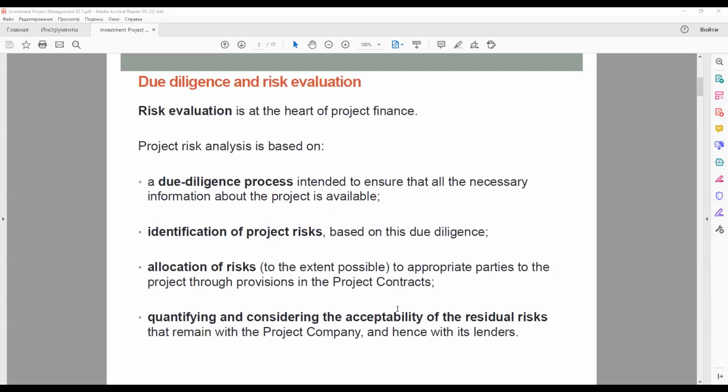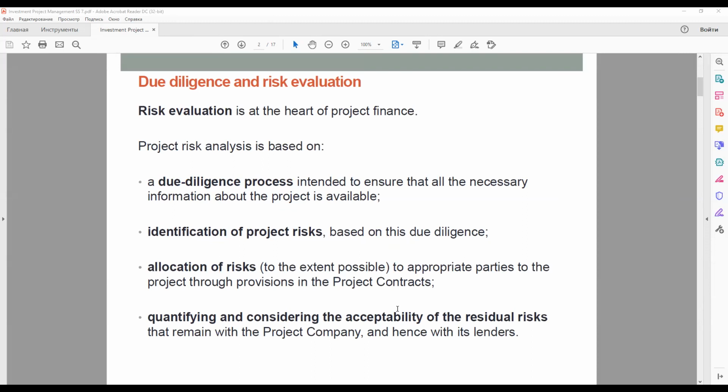Okay. Moving to due diligence and risk analysis. A very important topic. A project may be financed by a company as an addition to its existing business rather than on a standalone project finance basis. And in this case, the company uses its available cash and credit lines to pay for the project, and if necessary, raises new credit lines and new equity capital to do so. So it makes use of corporate finance.